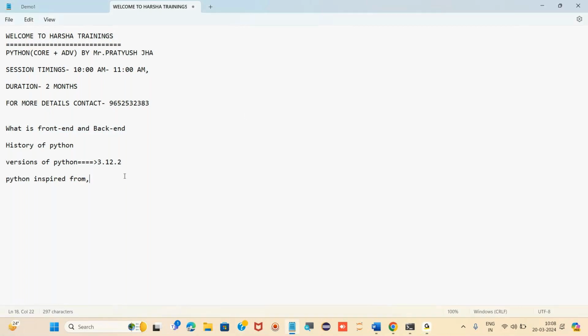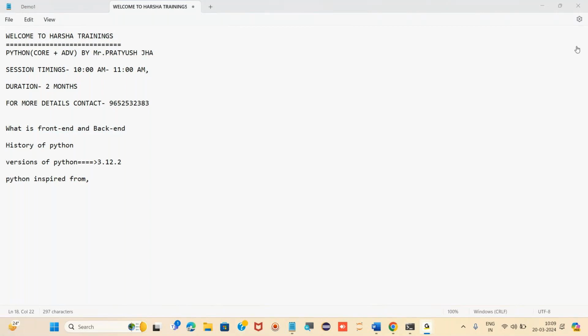And what are the languages Python has inspired from? What are the languages? You should know about these things. C++ for what? Yasin Sheikh. C++ for what approach? Functional modeling, it is approach.